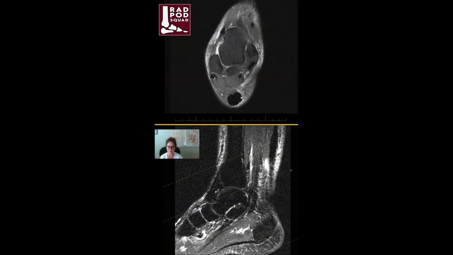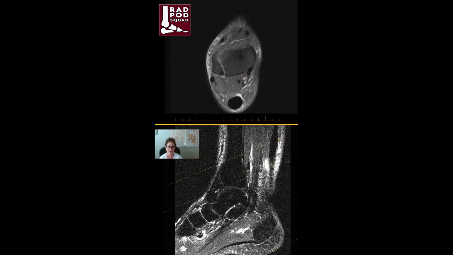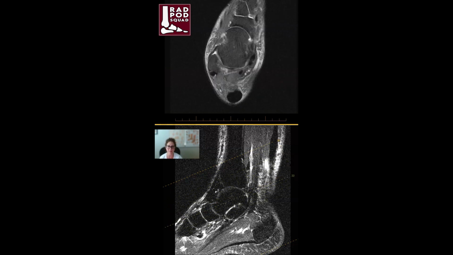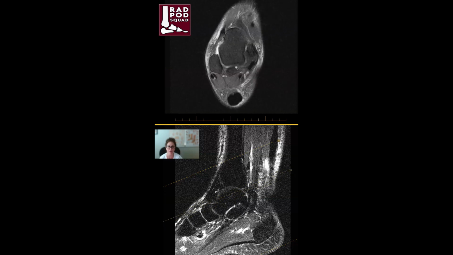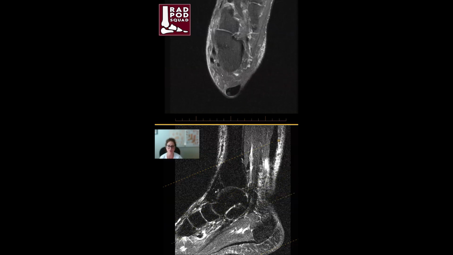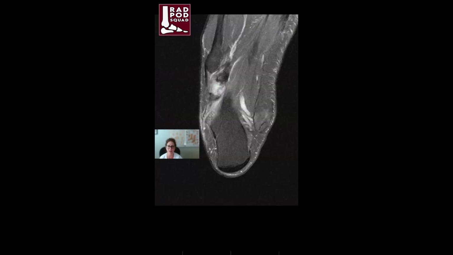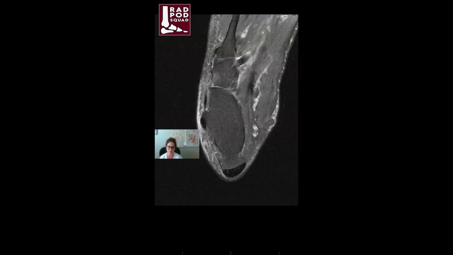But as we travel around and go through our regular checklist of structures, after we pass the medial flexor tendons and the medial flexor retinaculum, which has some mild sprain, we come along to the peroneal tendons, and that's where we really can see this particular thing, which I've outlined with the gap here. And this is a gap between two halves of an os peroneum, and then you have the peroneus longus